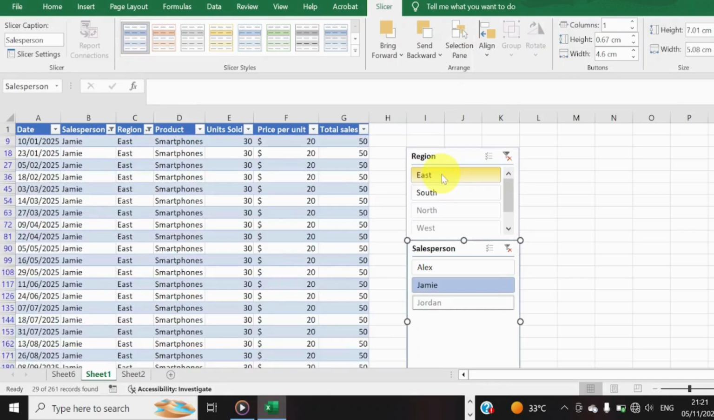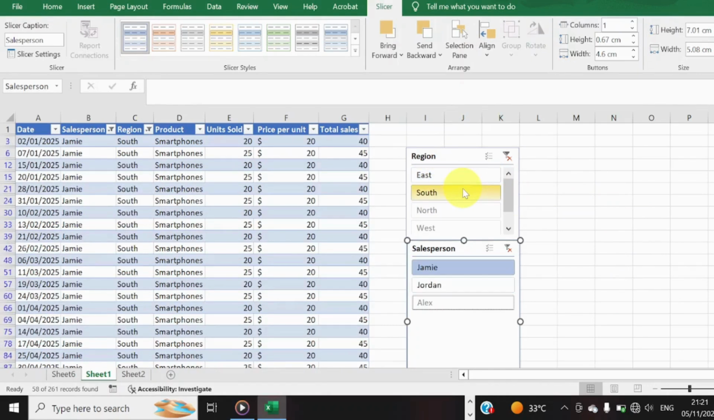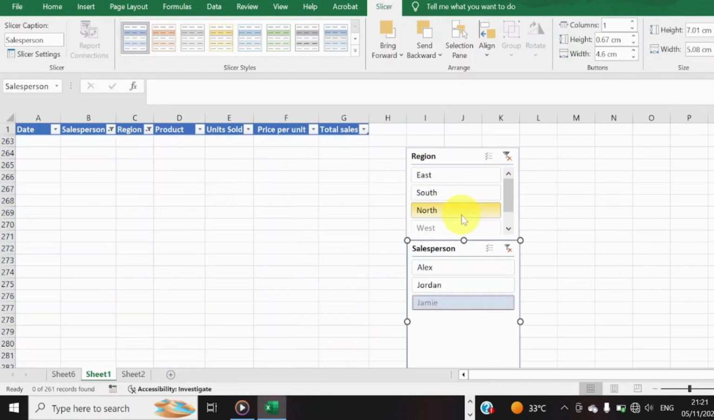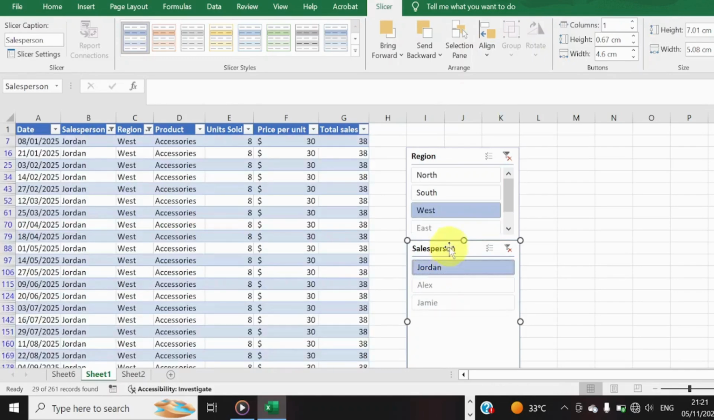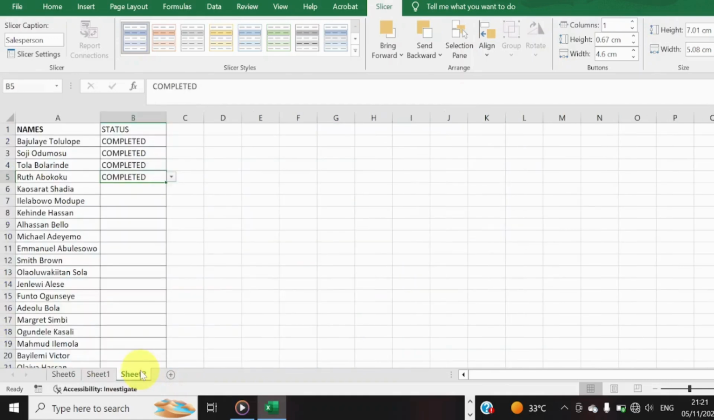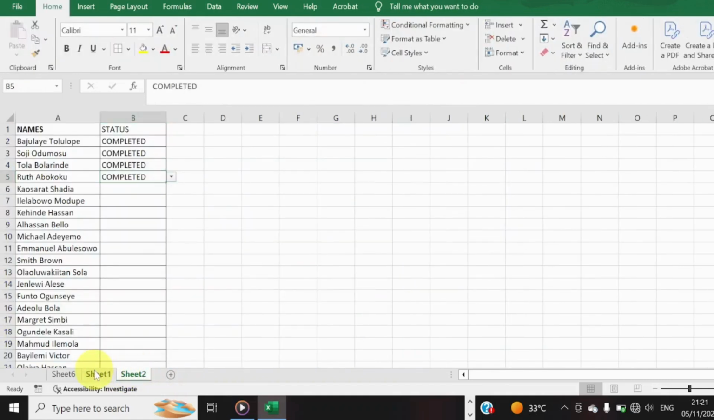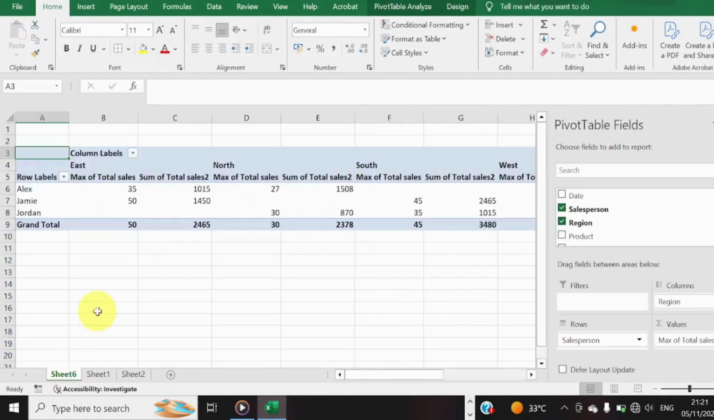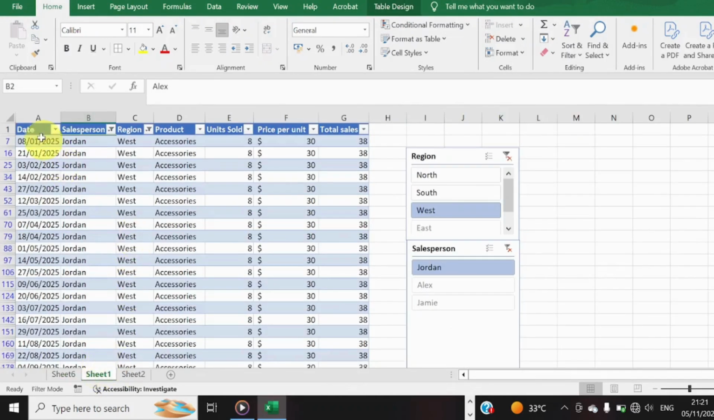And even with this slicer, we can have a graph alongside it. As we change each of the things we are filtering with, it gives us the way the graphical image will look in terms of visualizing our data. That's the second thing. The third thing that we'll be dealing with here today is